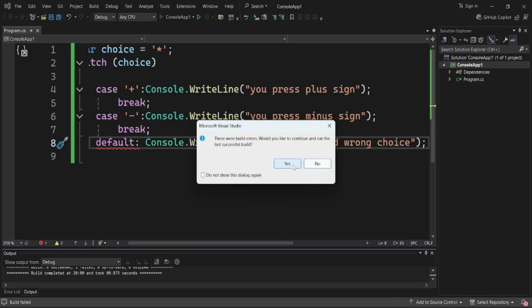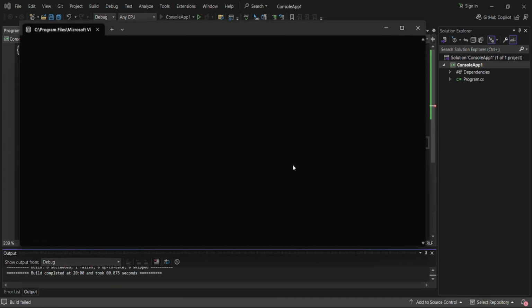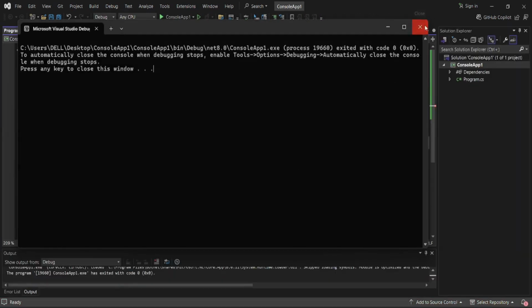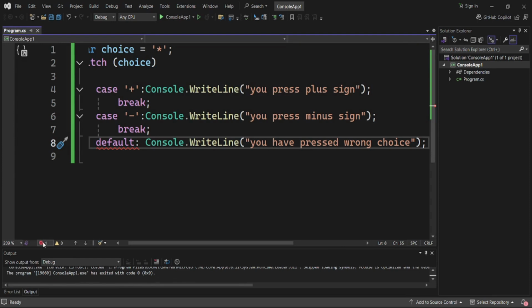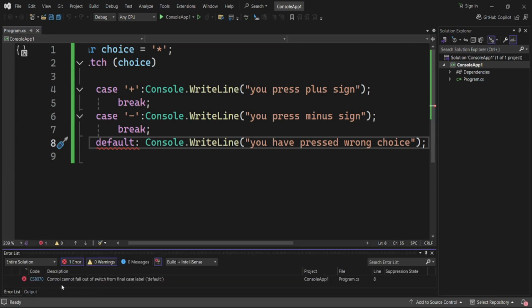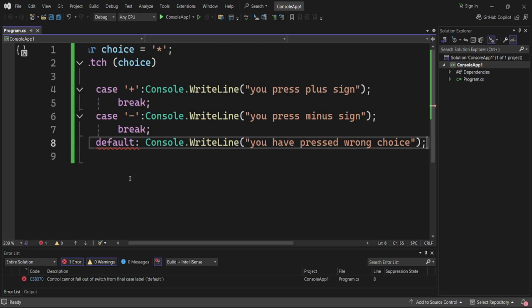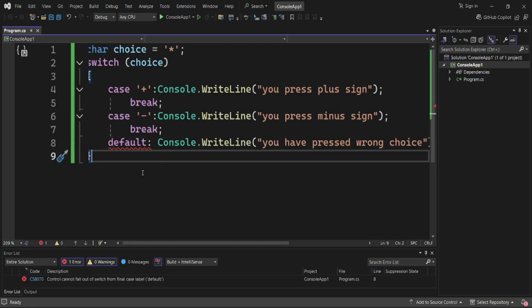The more mistakes there are, the more learning there is. See, it is going to run, but it is not showing anything. The reason behind it, we will go here and see what it is saying. It's saying control cannot fall out of switch. So that means somewhere the closing will not be there properly. So see, closing is there,